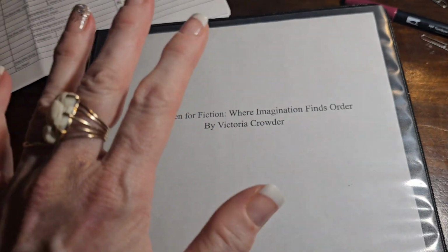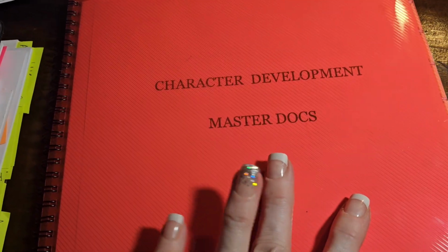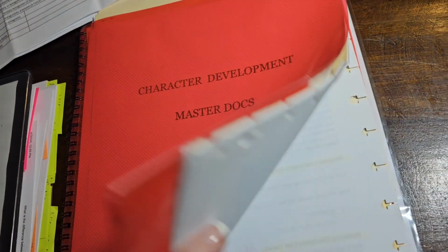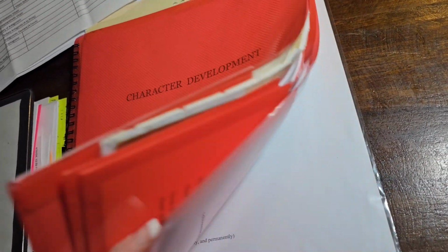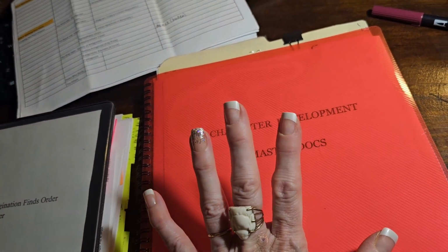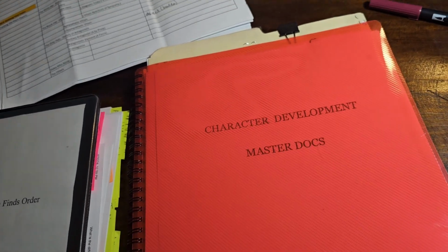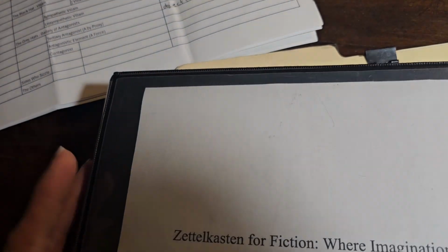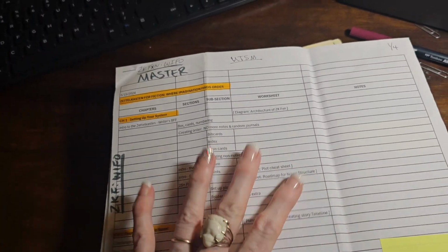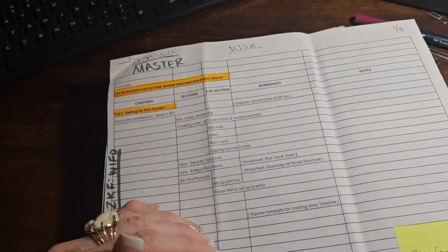So now that that's all updated, I will go through my master documents file. This is where all of your worksheets live. So I don't want to spoil anything by giving you a sneaky peek, but lots of good worksheets and things that you'll have included there that you can either write on in the book or copy and use on a separate page. So the last piece is now I will go back through my master kind of outline,